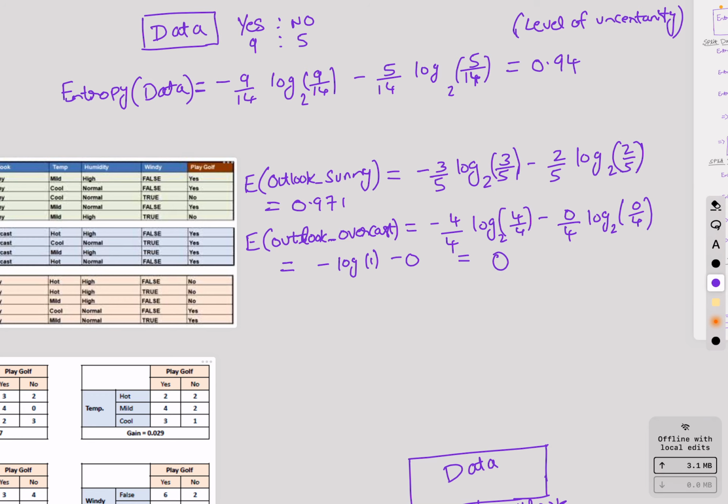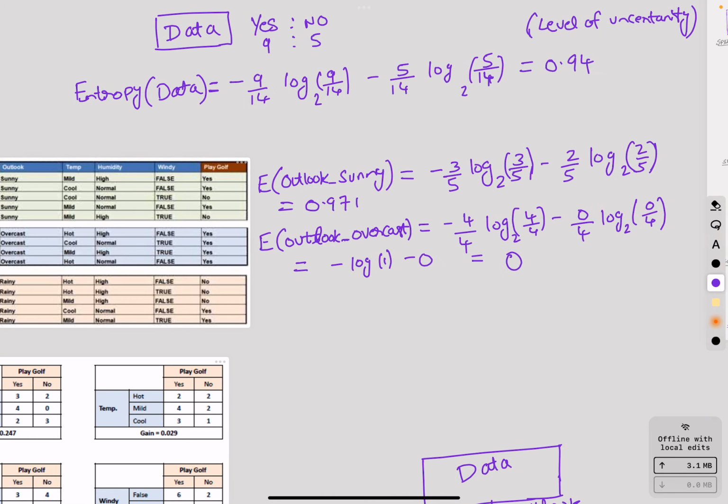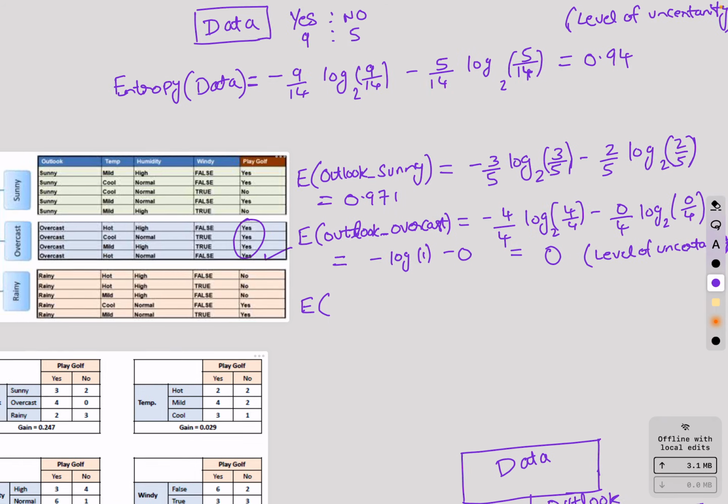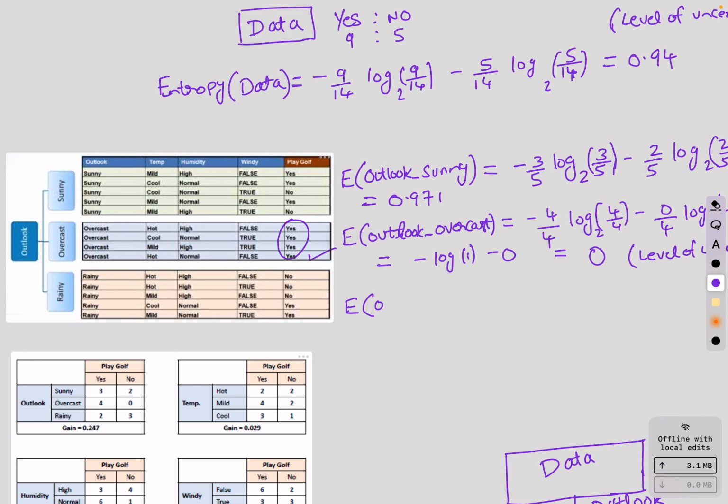Exactly equal to 0, which means the level of uncertainty is 0 in this particular data set. That is true because all the records belong to class yes, 100% accuracy. There is no uncertainty here. Whenever I predict that the record belongs to class yes for this subset, it is correct. And similarly, over here, for this subset which belongs to Outlook